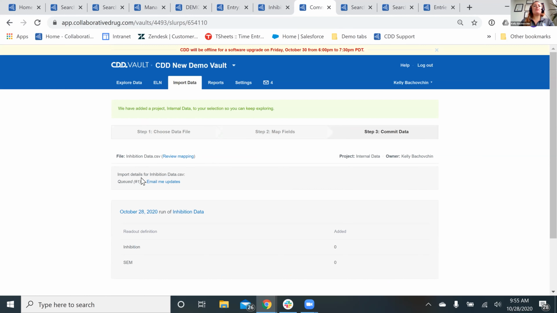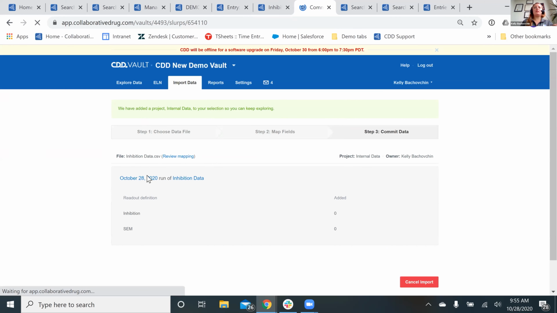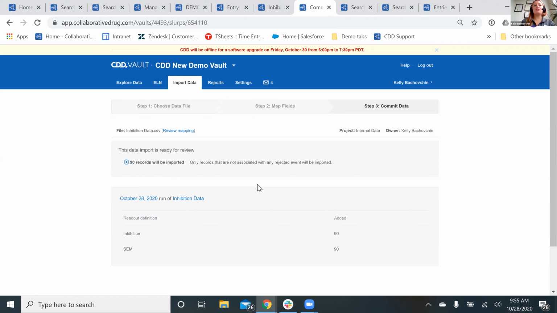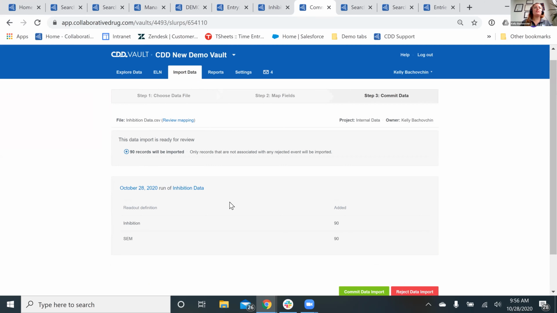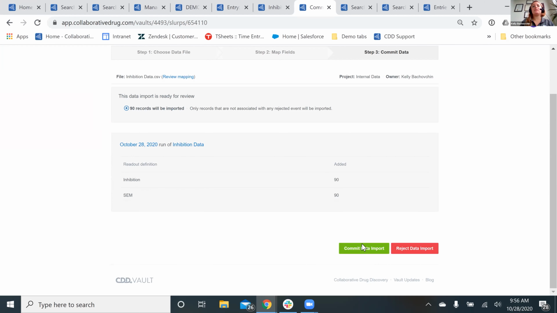This is your status bar. So now it's just going through the file and checking for any errors, anything that needs to be addressed just in case there's a problem with the file. And now my data import is ready for review. So you get a report. If there were any errors, there would be another box here showing me the errors that I can address if needed. And then the last thing that I need to do is decide if I want to commit or reject this data. Maybe I forgot a whole list of compounds that I wanted to import. I can reject the data, fix the file, re-import it. Super quick and super easy. So once I click commit,